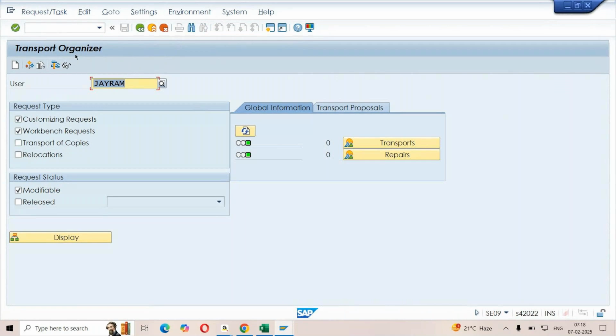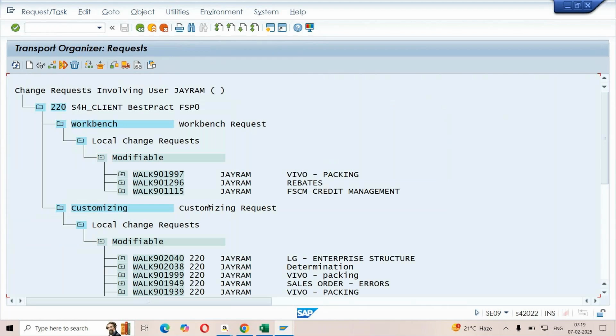We call it the transport organizer. Enter the username and you can find two requests, customizing and workbench. I'm telling the system to display all requests created by this username. So click on display. The list of transport requests has been shown.